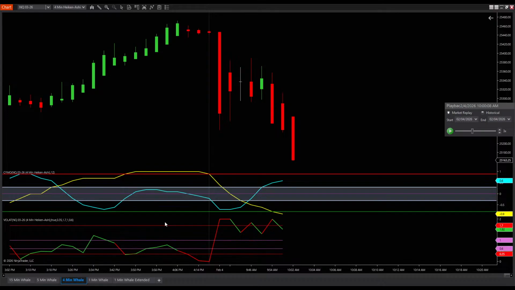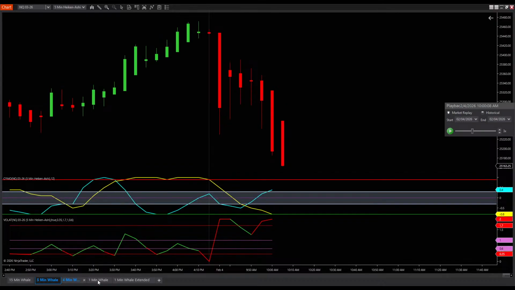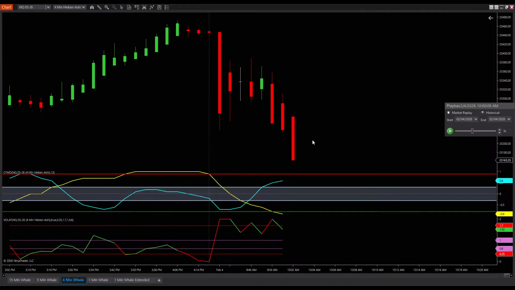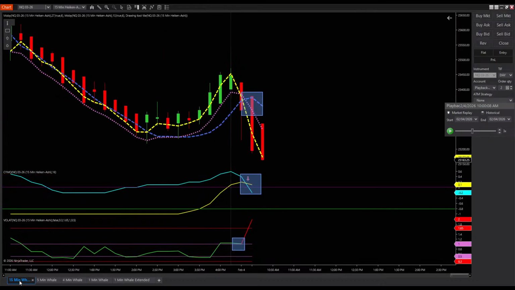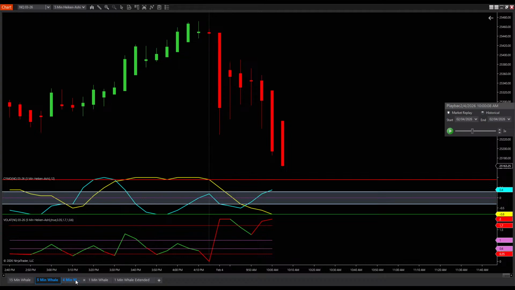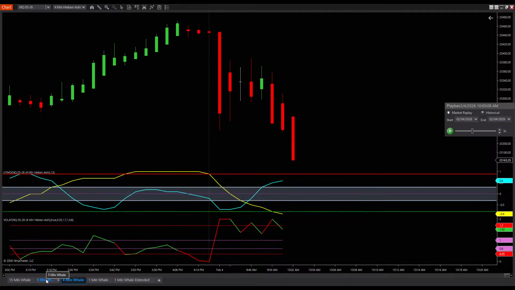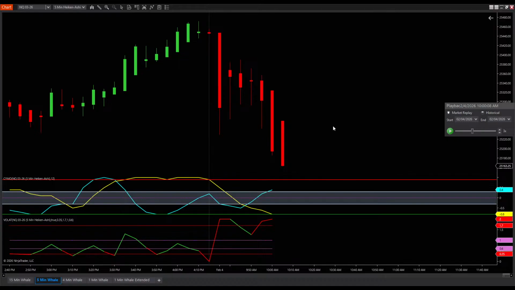All right, guys, so if you're here and your 5-minute looks very close to your 4-minute right there, what exactly are you looking for now to take a trade to the downside? We already got bias on the 15 minutes. We know price is going down, but what exactly are we looking for here on the 5 or the 4? They're both pretty much identical right now at this point, so we can look at either one of these. What are we looking for? Just drop it in the comment box.